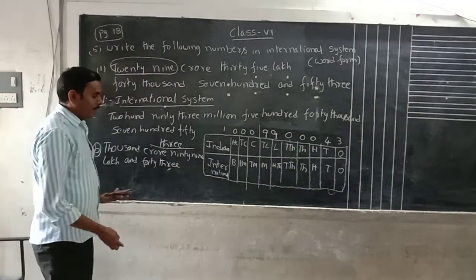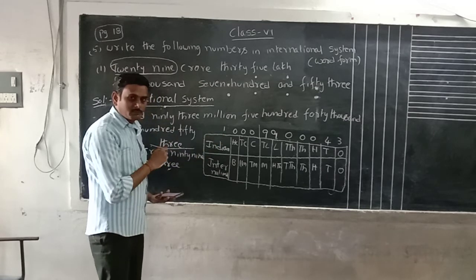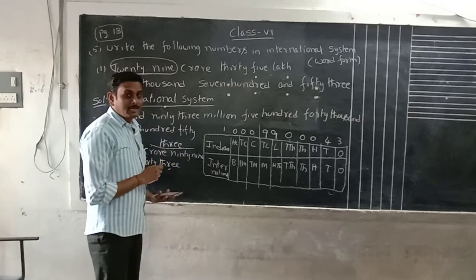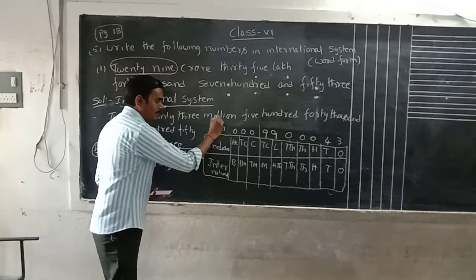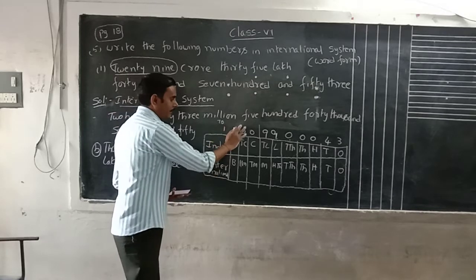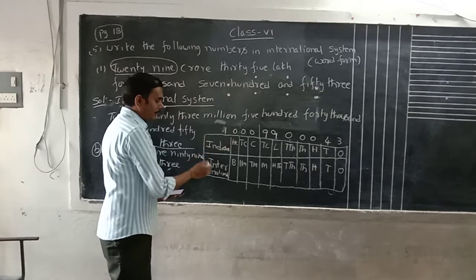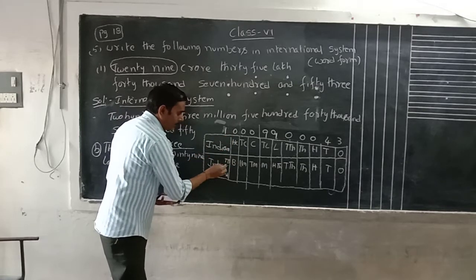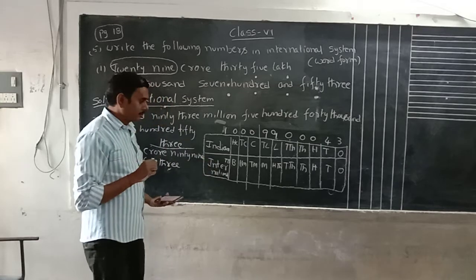Now we can write. After billion, one more digit is there. After billion, which is the place value for us? 10 million, 10 billion. This is the 10 billion place. After this, one more place. That means the billion place is having 10. Here we have 10 billion. This is the 10 billion place. 1, that one you have to identify.